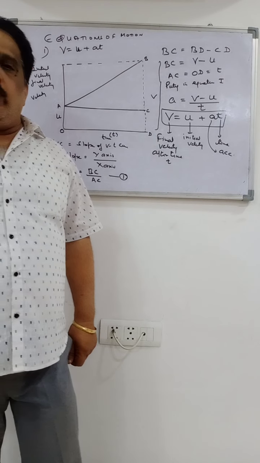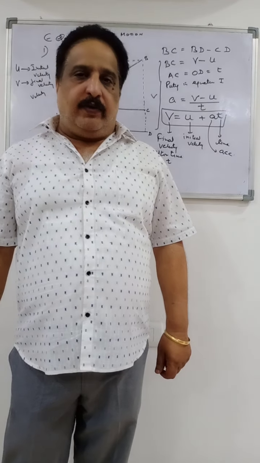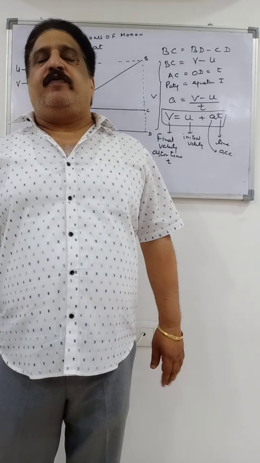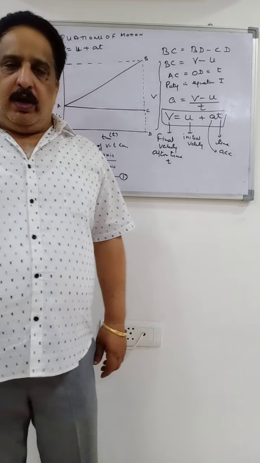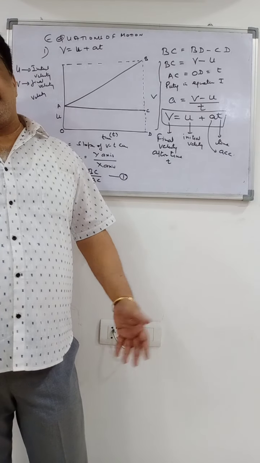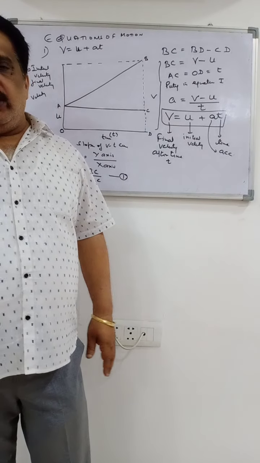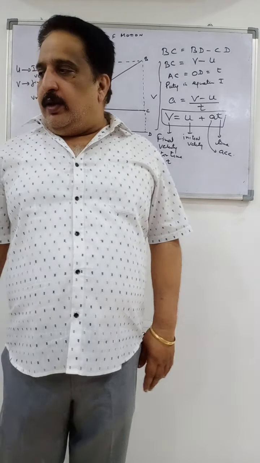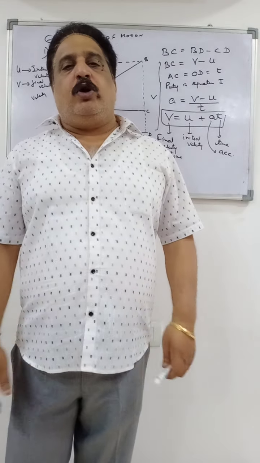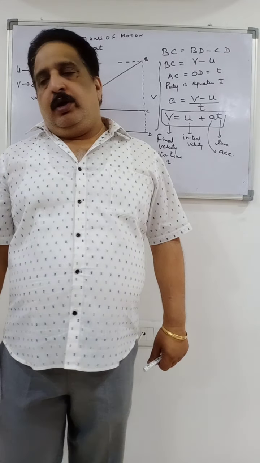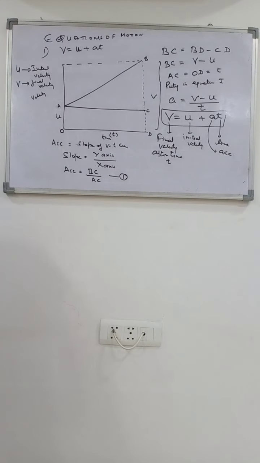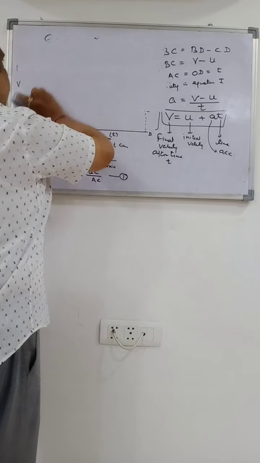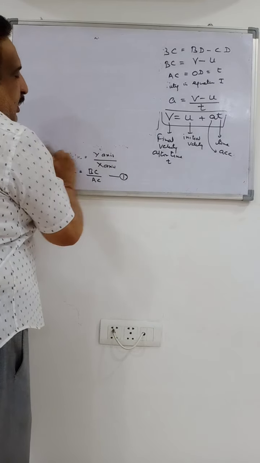Now what you have to do is copy it in your copies. Try to solve yourself. Simple. In the first equation you have to calculate the slope. Slope is y-axis upon x-axis and then you can solve like this. So this was the first equation. You have to remember this for numericals. Is that clear? Now moving on to the second equation of motion.